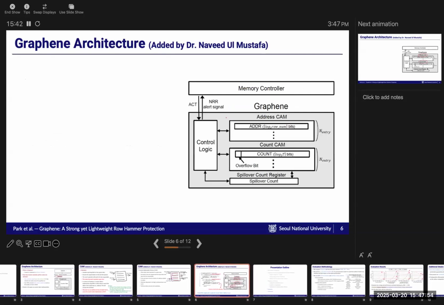Okay. So this is the figure of the Graphene architecture. Let me first go over it. They have implemented it as a part of the memory controller. This is the original memory controller, which is unmodified, and this is the extra architectural component they are adding. Whenever they have an activation signal for a particular row, it goes to the control logic. What is the job of the control logic? The job of the control logic is to implement that Misra-Gries